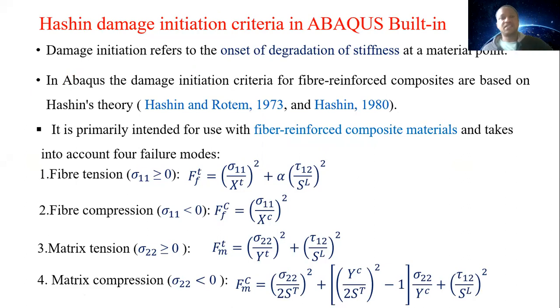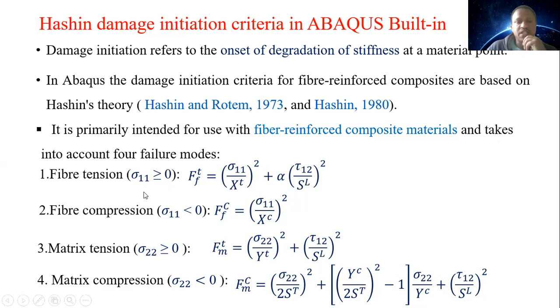In Abaqus, this built-in damage initiation criteria refers to the onset of degradation of stiffness at a material point. In Abaqus, damage initiation criteria for fiber reinforced composites are based on Hashin's theories, which were developed in 1973 and in 1980. It is primarily intended for use with fiber reinforced composites and takes into account